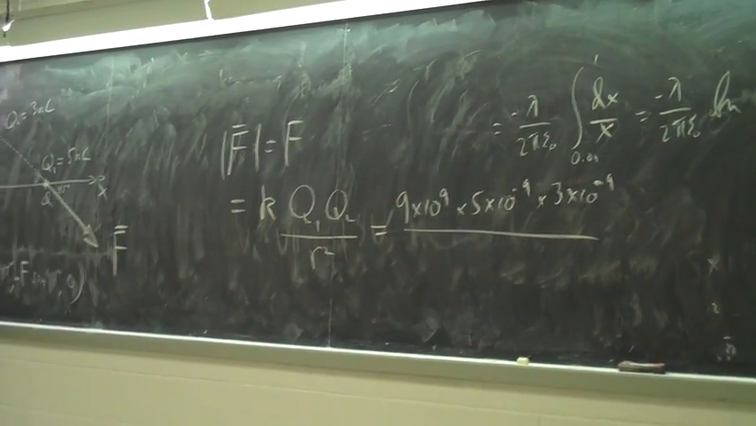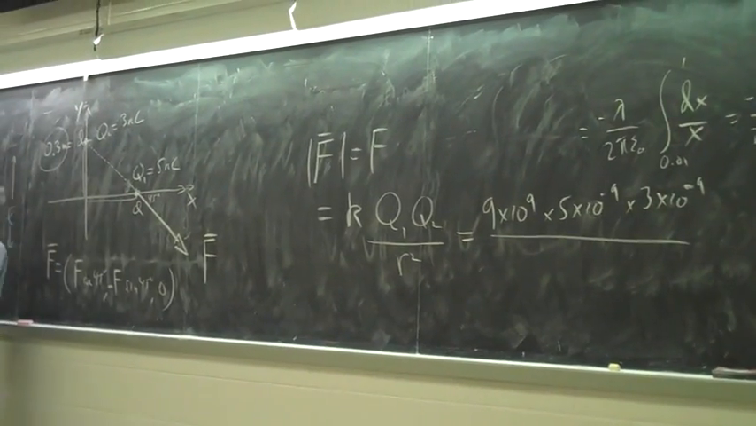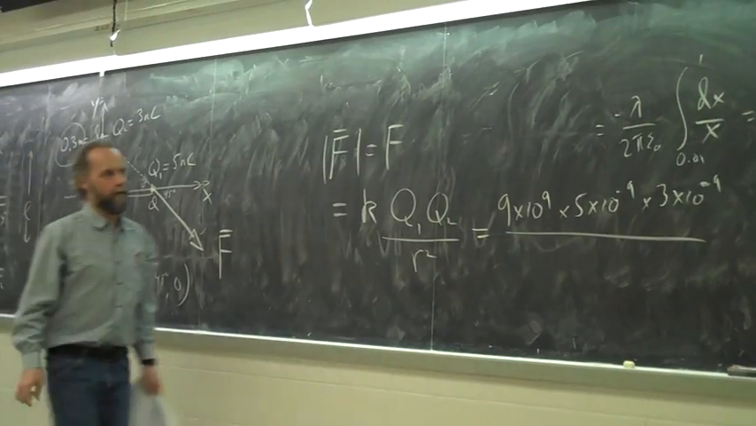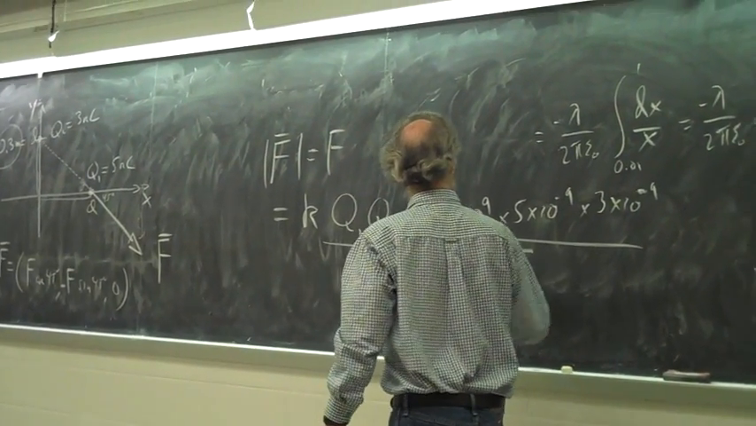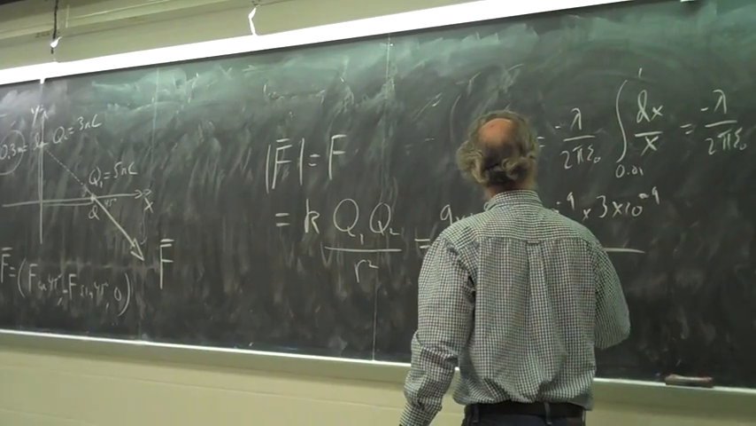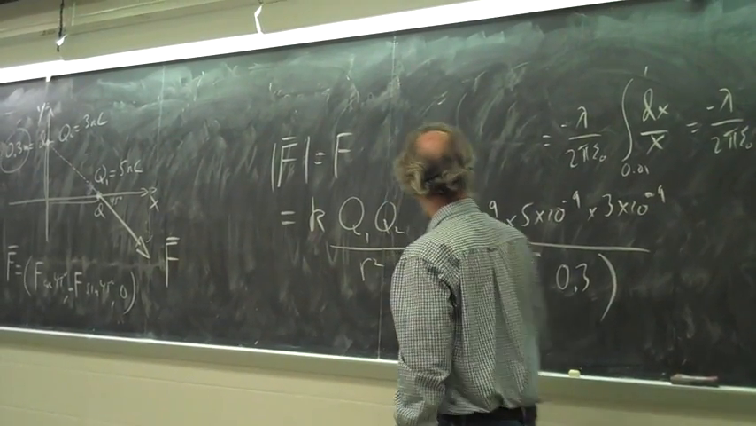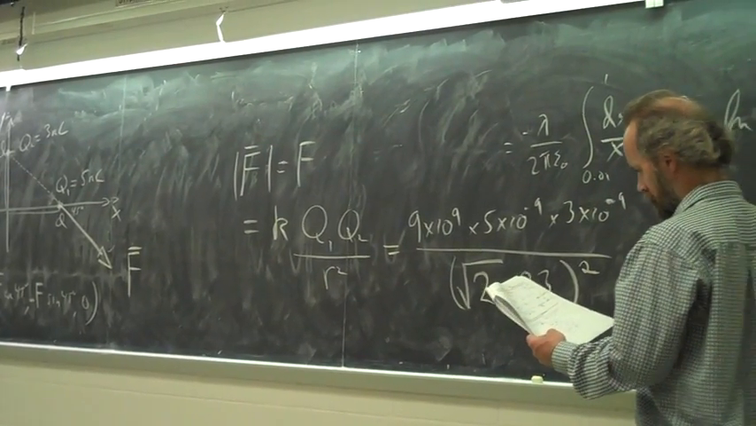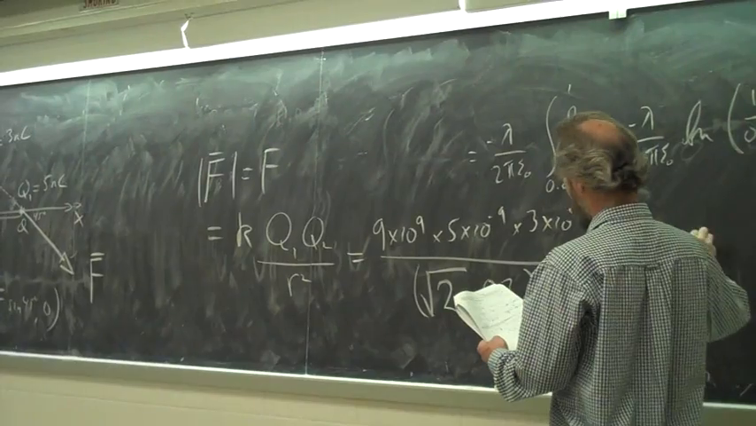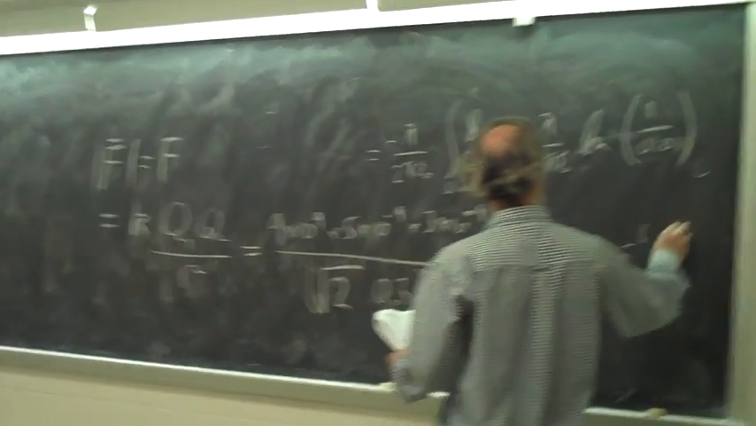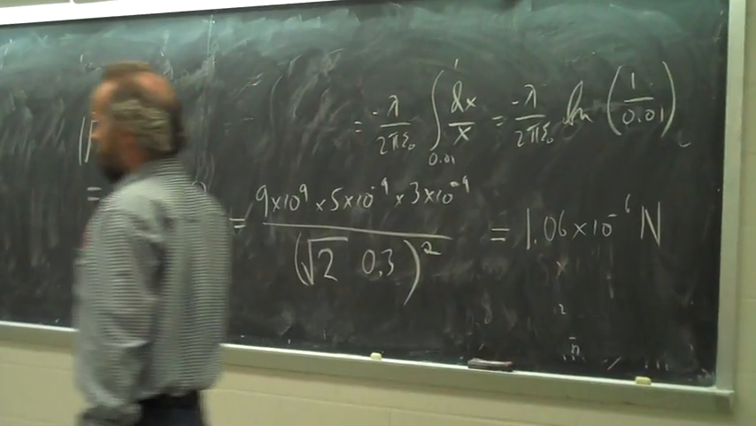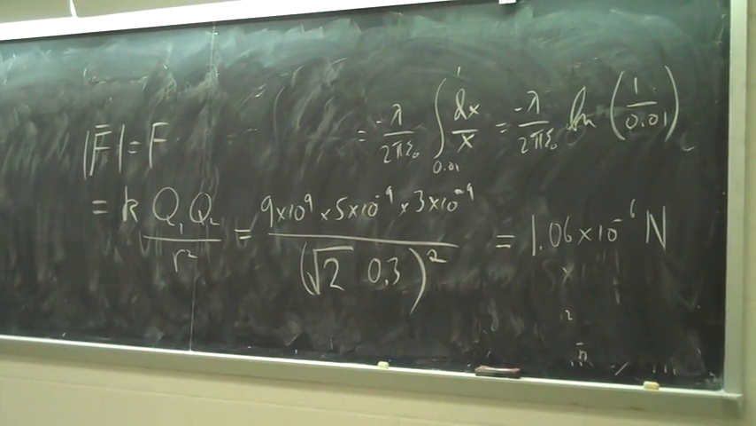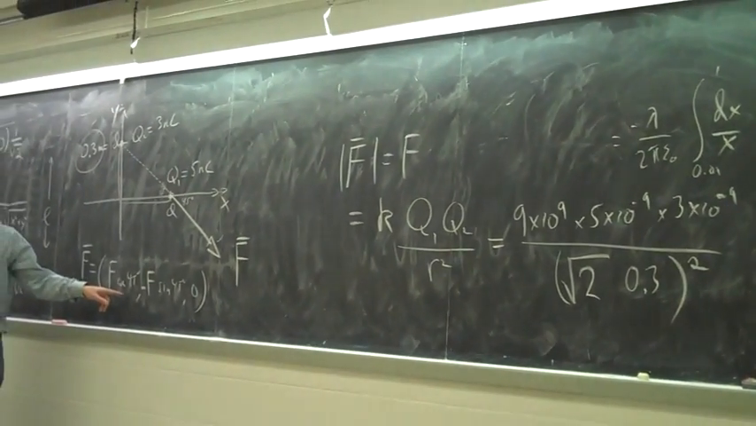It's not 0.3 meters, right? That's this distance. So it's the square root of 2 times 0.3 meters. It's the length of the hypotenuse. So that's the square root of 2 times 0.3 meters, and then, of course, that's squared. And let's see if you do all that right, I got something like the magnitude is about 1.06 times 10 to the minus 6 newtons. And if you got that far, I'd probably give you full credit. In principle, you should take that number and multiply by cosine of 45, which is 1 over root 2. That'd be